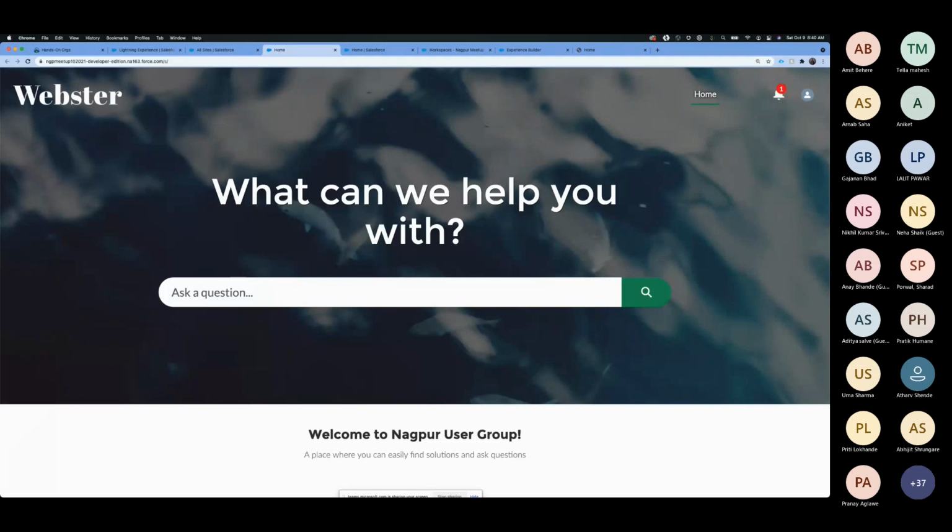A web application is where users can interact with it: submit a query, read an article, receive notifications. Community is one part of a web application where users can interact, not just see static content. Does this answer the question? In the Salesforce world we call it a community, but technically it's a web application.